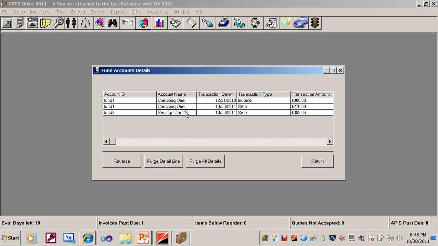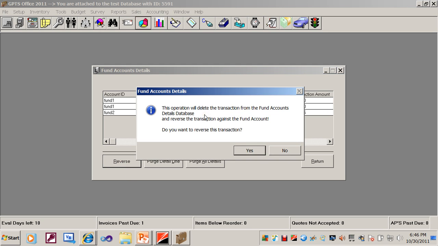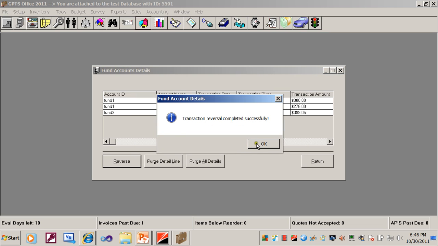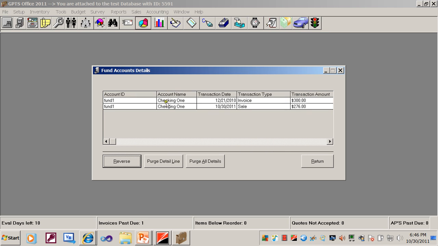Now let's say we want to reverse this sale. We did a refund and we want to reverse it. So it says this operation will delete the transaction from the fund accounts detail database and reverse the transaction against the fund account. Do you want to reverse this transaction? So if we choose yes, transaction reversal was completed,